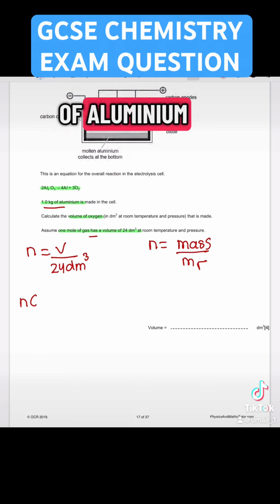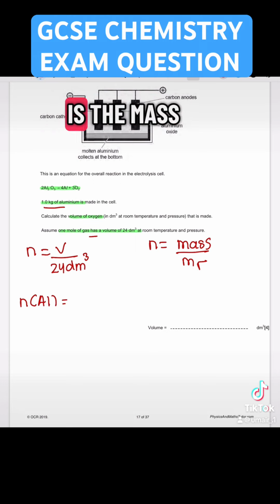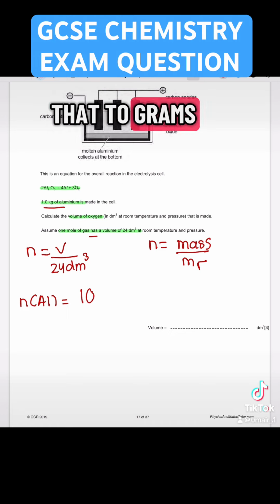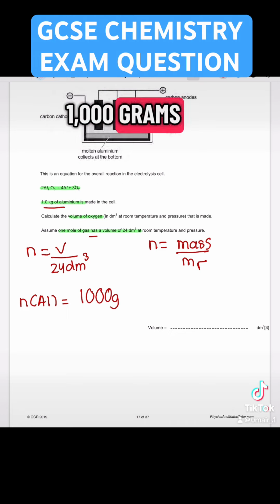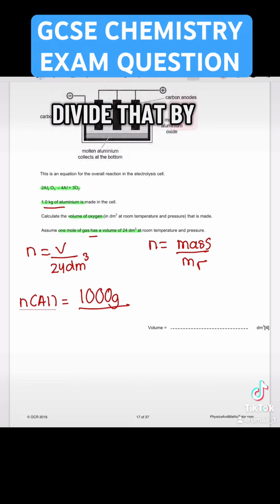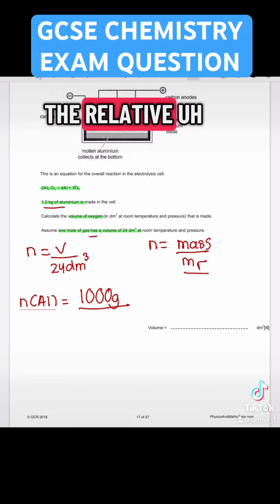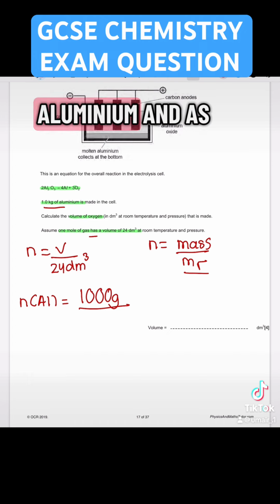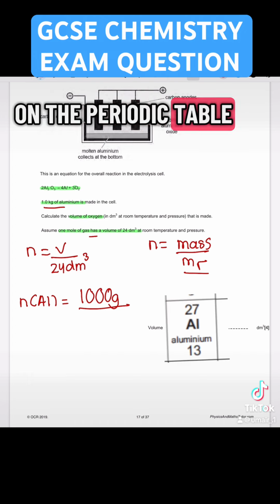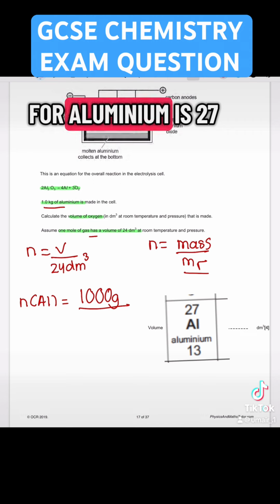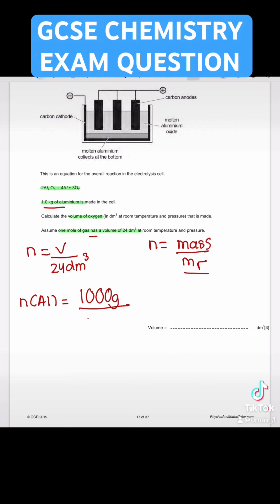So the moles of aluminium is the mass, which they give us 1 kg, and to convert that to grams, it will be 1,000 grams. And then we divide that by the mR, the relative atomic mass of aluminium. And as you can see on the periodic table, the mR for aluminium is 27. So once we do that,